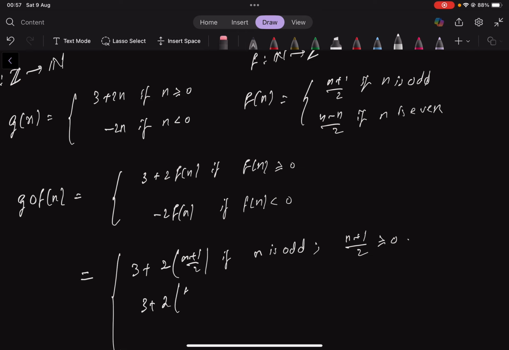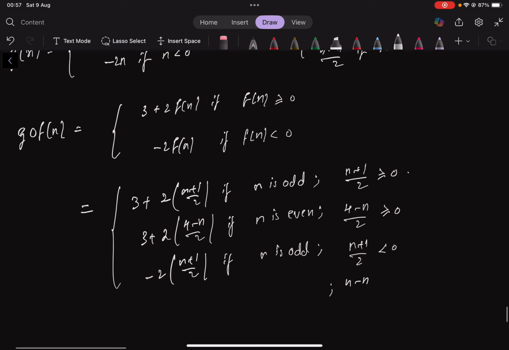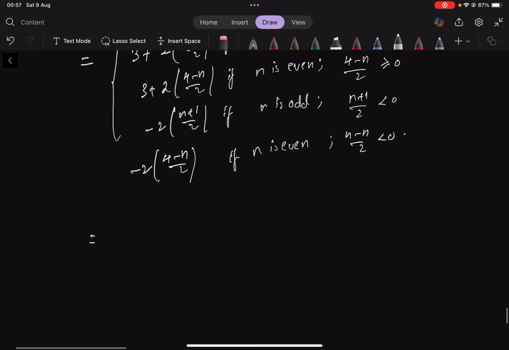So 3 plus 2 times (4 minus n)/2 if n is even and (4 minus n)/2 is greater than or equal to 0, and minus 2 times (n plus 1)/2 if n is odd and (n plus 1)/2 is less than 0, and similarly (4 minus n)/2 less than 0 if n is even, and minus 2 times (4 minus n)/2. So if we consider this thing, this is nothing but n plus 4 if n is odd,